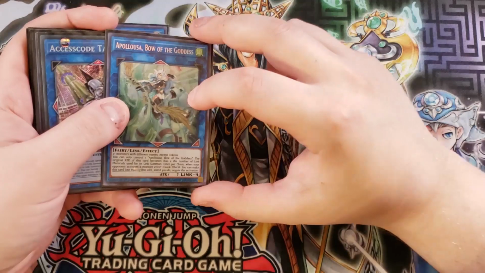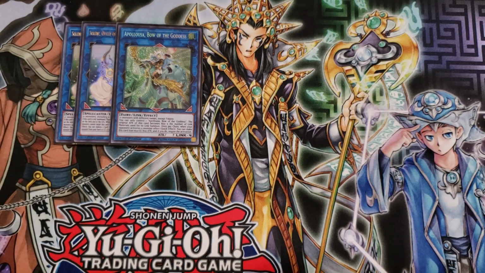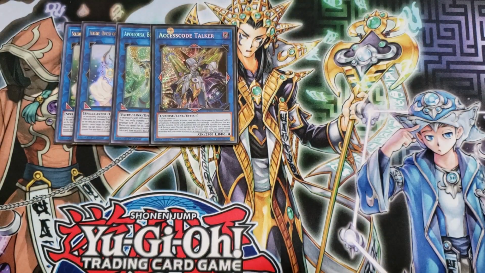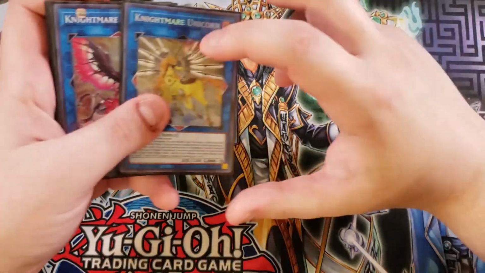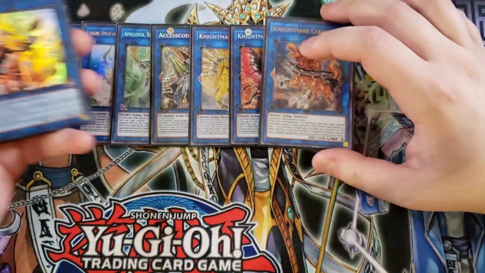We then play a single copy of Appaloosa, Bow of the Goddess, which is a really good 1-of in the deck, especially for the zones, to be able to have as additional monster negation. 1 copy of Access Code Talker to give us an additional boss monster in the deck to be able to pop cards on the field. You can play Boral Sword if you want to instead of this card, which is another really good option for you guys. 1 copy of Nightmare Unicorn to spin stuff, Phoenix to pop spells and traps, Cerberus to pop monsters,